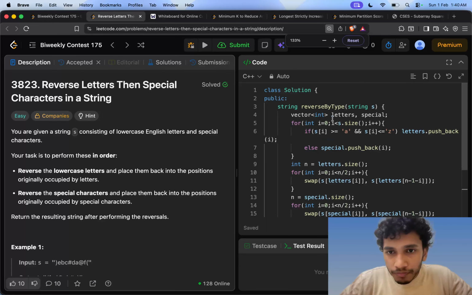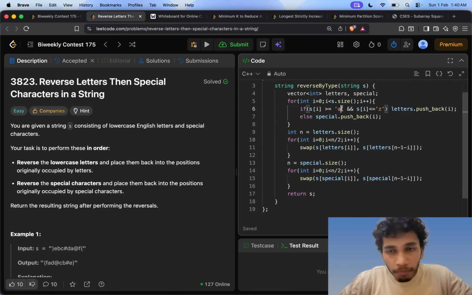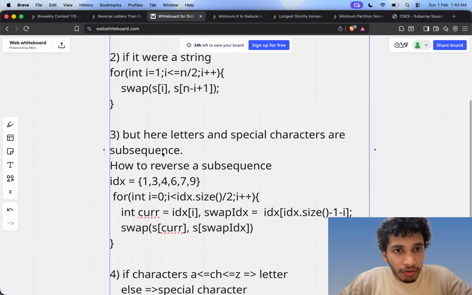Here we are partitioning in this portion. Iterate over the whole array. If it is a letter, that is, it is greater than equal to a and smaller than equal to z, insert the current index into the letter vector, else insert it into the special vector. So just like what we discussed earlier,